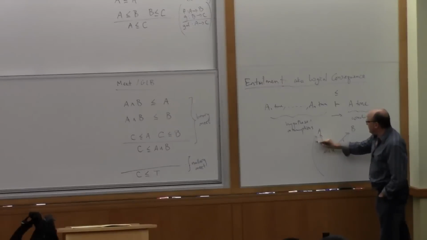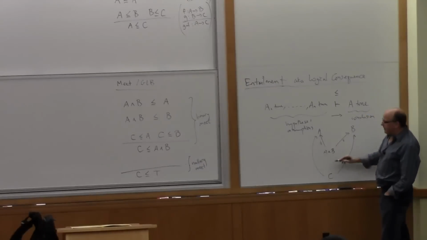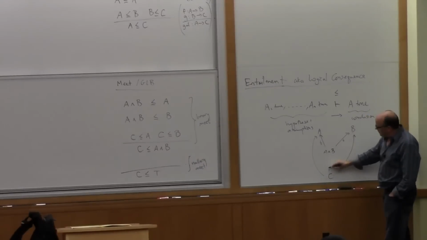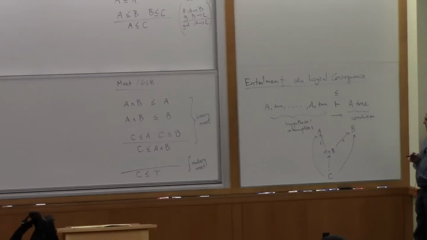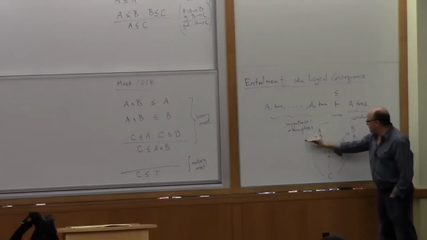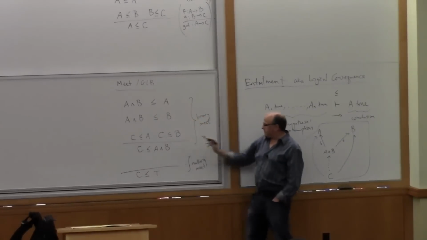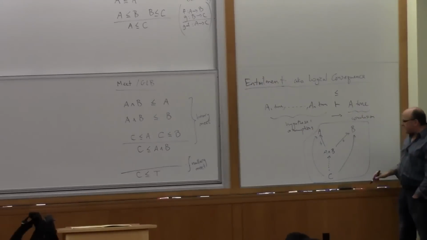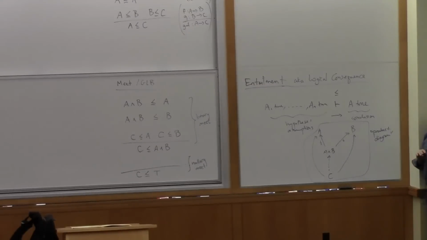And if C is less than or equal to A, and C is less than or equal to B, then C is less than or equal to the meet, A wedge B. So this picture here that I've drawn corresponds to these three statements that I've written here. And that's an instance, if we were restricting to preorders, of what is known as a product diagram in category theory. And Steve will go into this in a lot more detail.